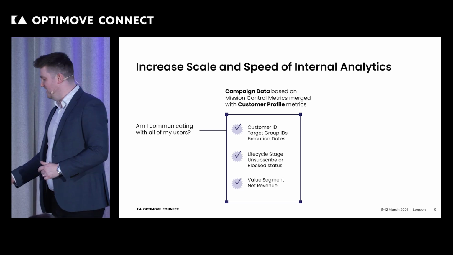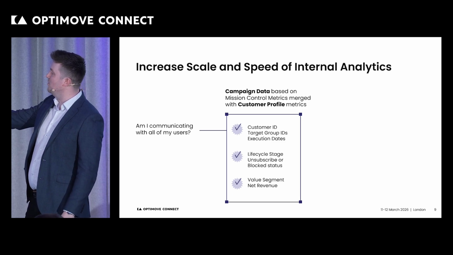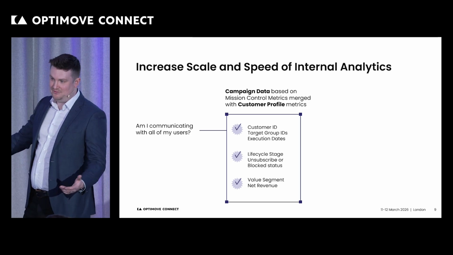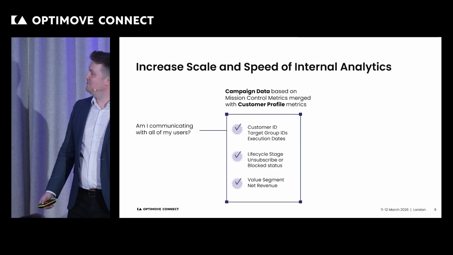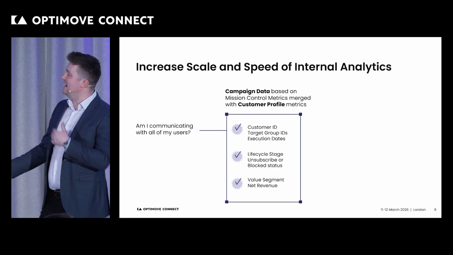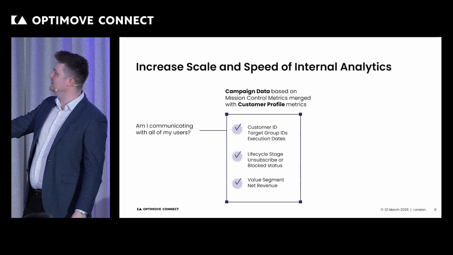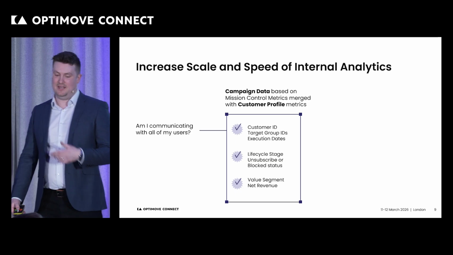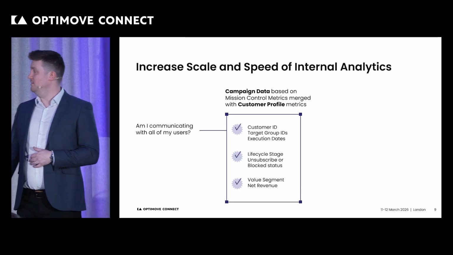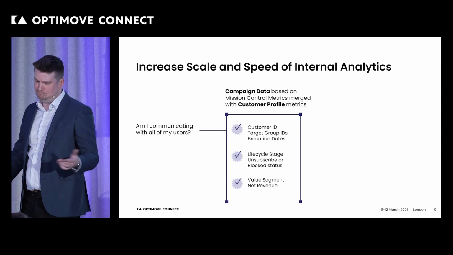Now, again, the data we need for this is actually quite basic, right? So you can find various parts in the customer profile here. You need the campaign information to know if I've actually sent somebody something. And that gives us a pretty good reason to understand the coverage and then the frequency of that user. And then finally, we can start to talk about whether we've got unsubscribed or blocked statuses or anything else like that. And if I'm trying to measure my highest value users, maybe I want to throw in something like a value segmentation as well.